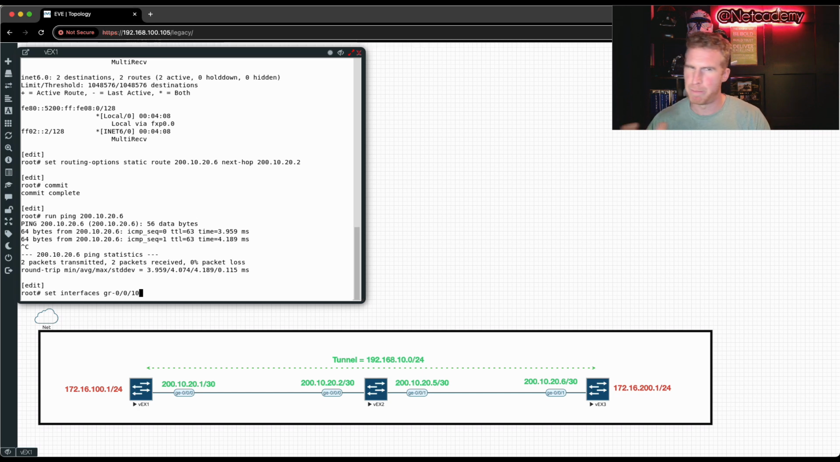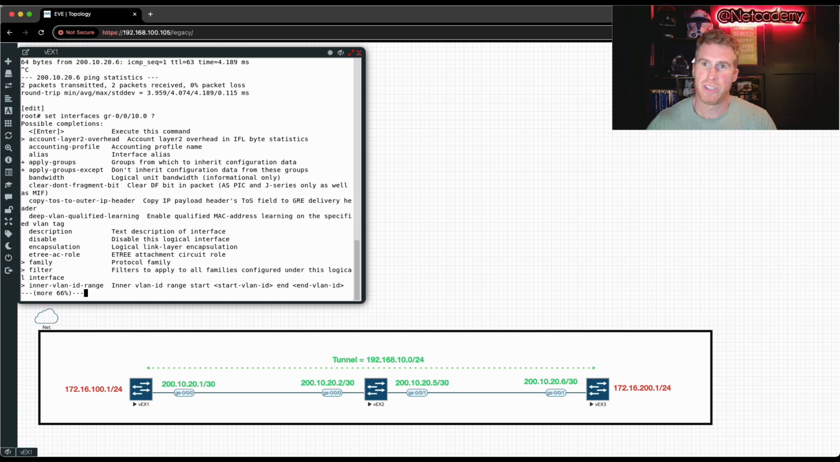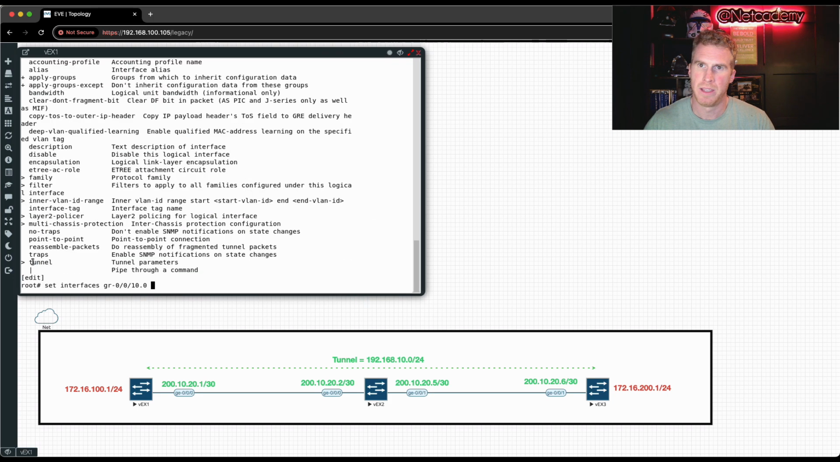Honestly, it should be 0, but it's vJunos. I think there's a weird bug here that I need to use gr-0/0/10, but this should reference the physical interface, in this case the ge-0/0/0. But it's a virtual lab, it's free software, it's a free image, and I think in this case it's a little bit buggy, to be honest. But set gr-0/0/10 unit 0, and now if I hit question mark and let me expand this, you can now see here the tunnel parameters. And notice we could do the family, which is where we're going to define the